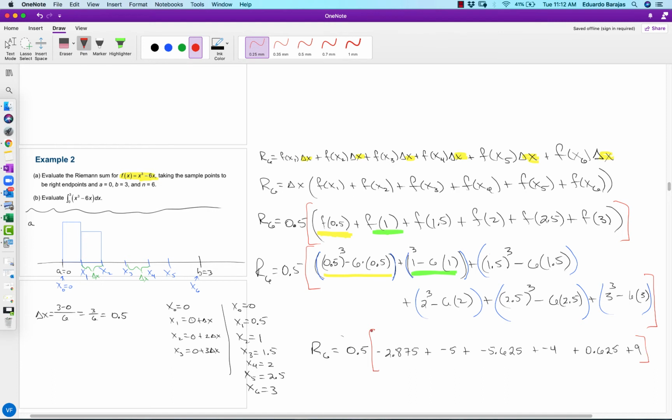Remember that 1/2 times this number is the area of the first rectangle. 1/2 times negative 0.5 is the area of the second rectangle. 1/2 times negative 5.625 is the area of the third rectangle, and so on and so forth. And if we figure out this calculation, we're going to get approximately R sub 6 equals